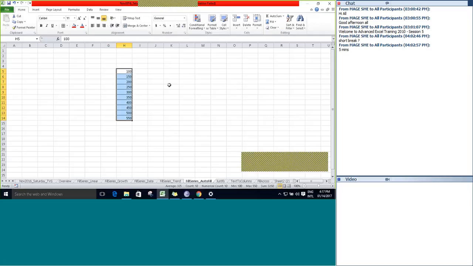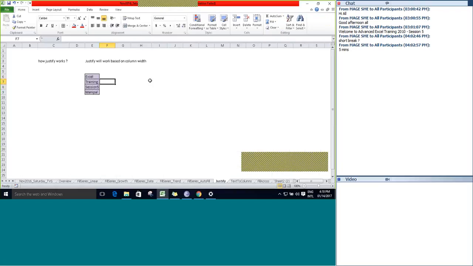So fill series trend and fill series autofill both behave in the same way, by considering the difference between the two values as the step value and the end of the range as the stop value. Does anybody have any doubts in fill series growth, date, trend and autofill, whatever was discussed so far? Fine.